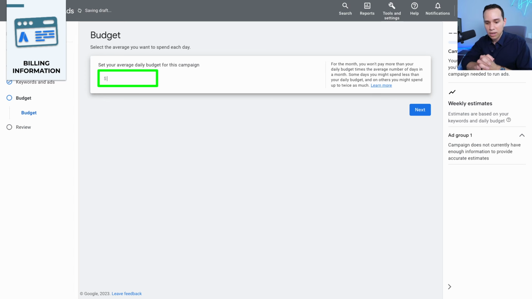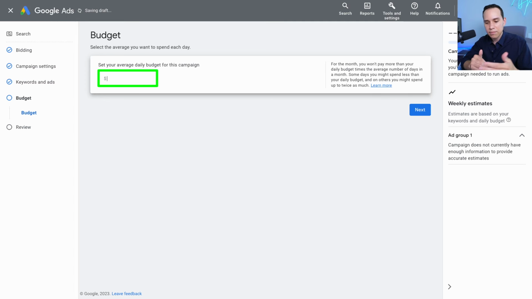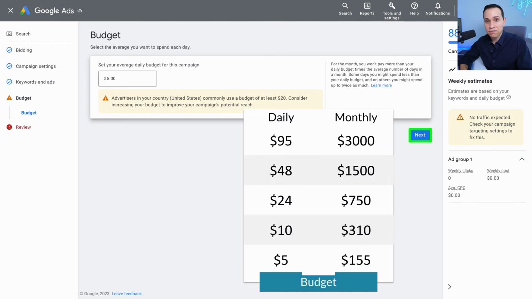So this is where I really don't understand why it's the last thing, but this is where we tell Google how much we're willing to spend per day. When you're just getting started, it's really hard to know, right? Because let's say I'm bidding $3.86 per keyword. If I put a budget of $5 per day, I'm only going to get 1 click a day, right? The budget's going to be spent pretty quickly, but you just have to choose what makes the most sense